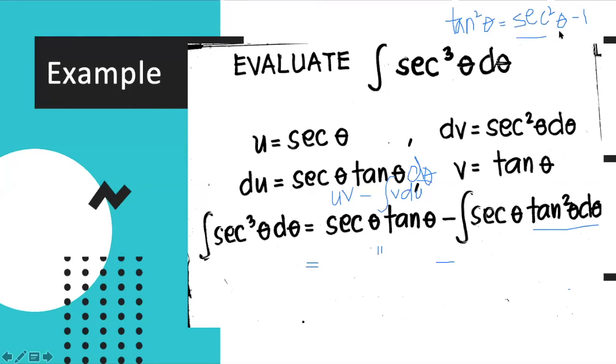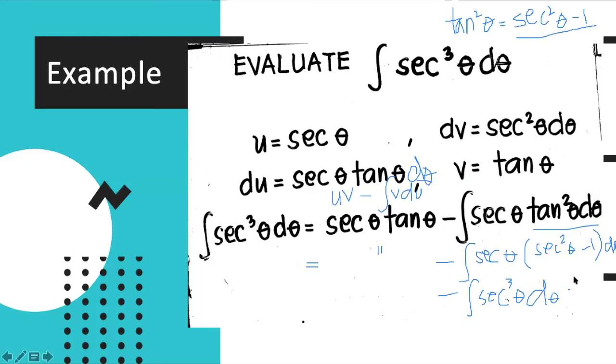So, we'll use this. I hope you still remember that. Here we will copy secant theta times the identity d theta. Distributing the secant theta in this part of our integrand, we have secant theta times secant squared, so you have secant cubed theta d theta, and negative secant times negative 1 d theta, so you have plus